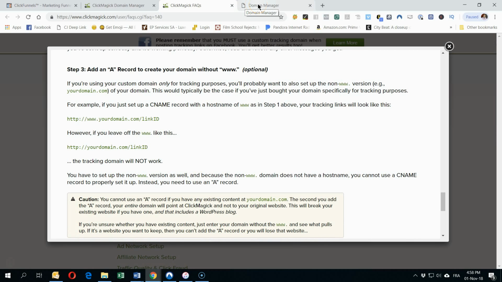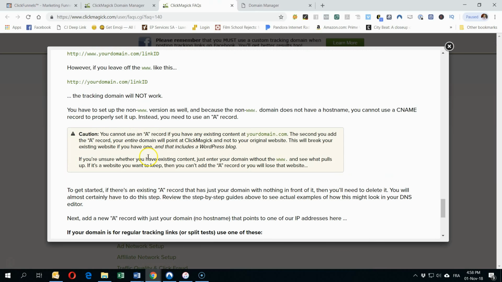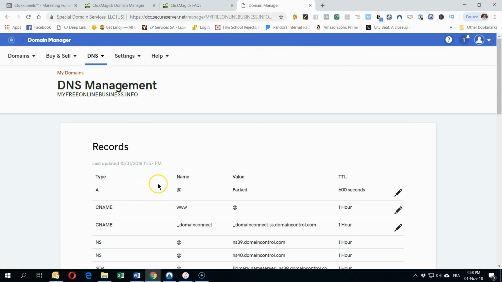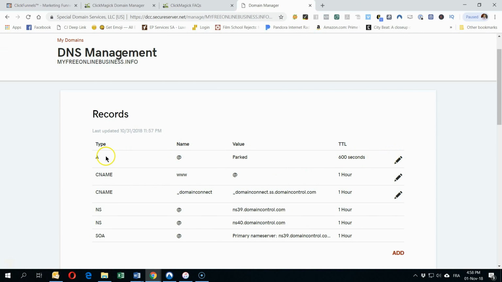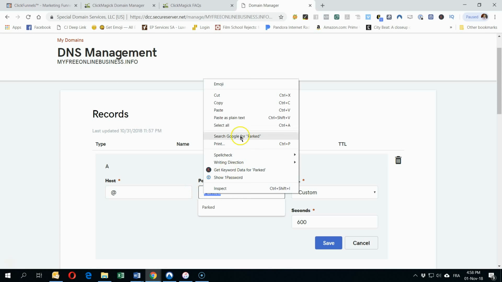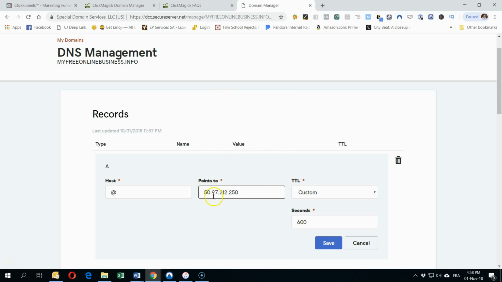Okay, so we have, if the domain is for regular tracking links, let's use one of these. Okay, we will just copy this IP address. We go to the domain manager. Here we already have an A record which says it's parked. We don't want it parked. We want it to point to that IP address we just